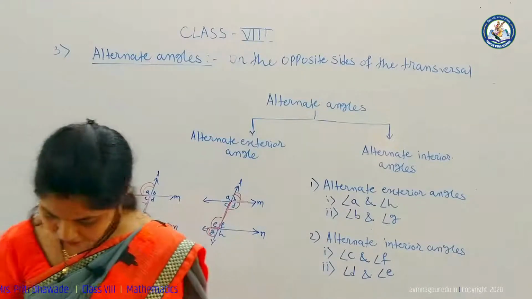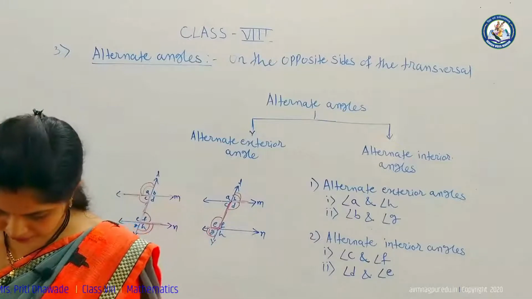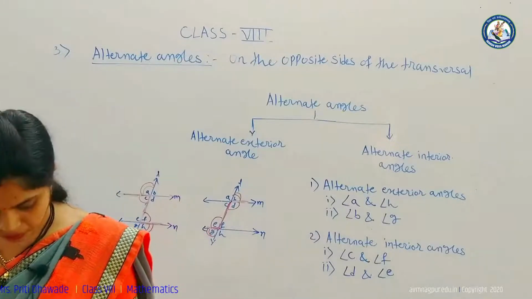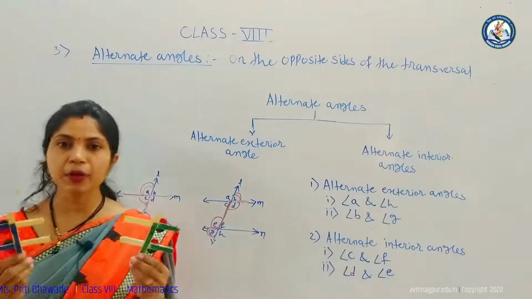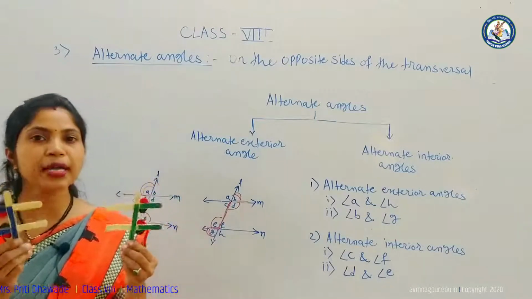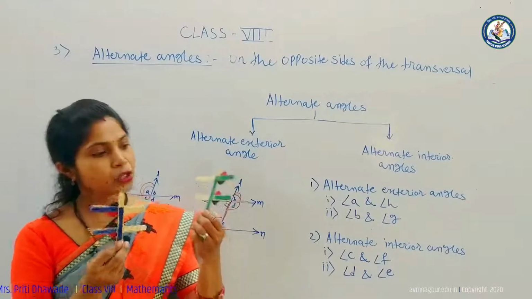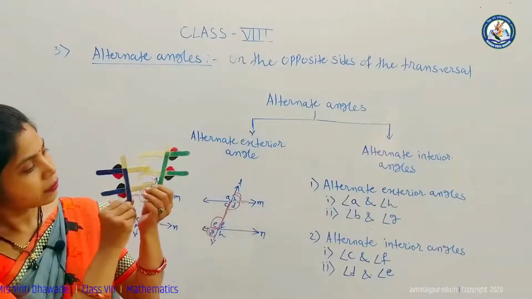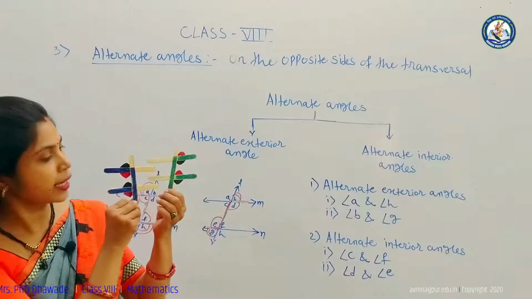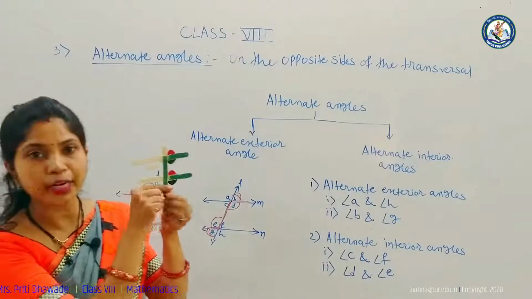Also student, we can use some crops to understand the concept of all these angles made by the intersection of the two parallel lines and the transversal. So by drawing an F like this, we can study the concept of corresponding angles. That is the right hand side of the transversal.